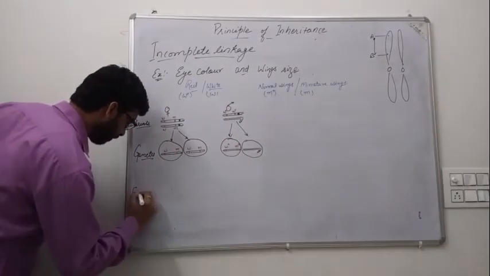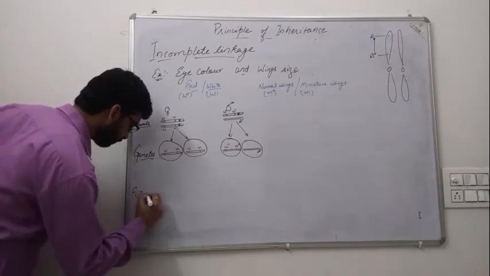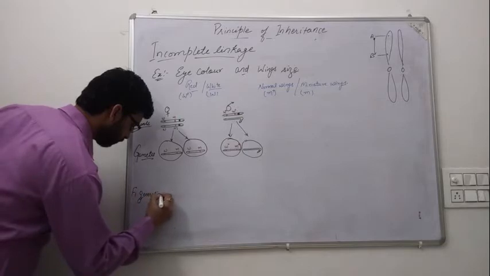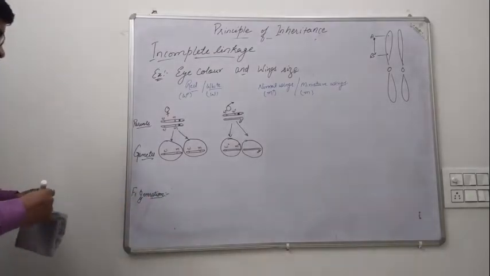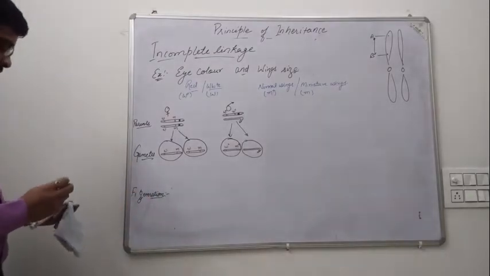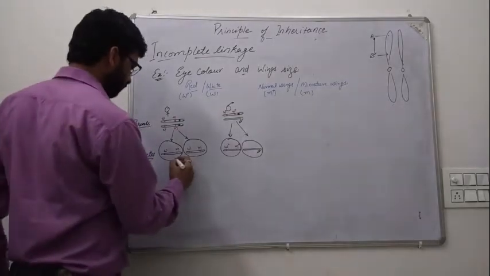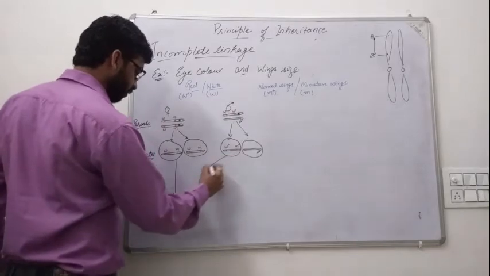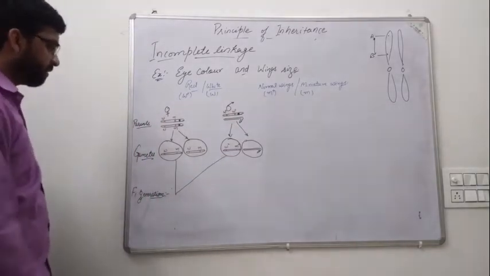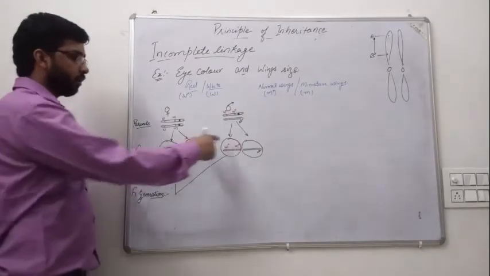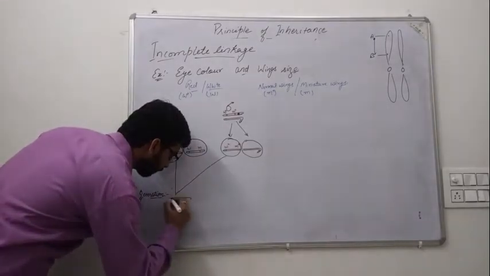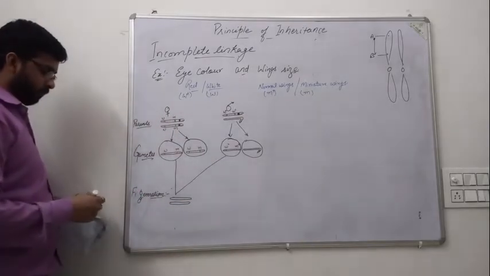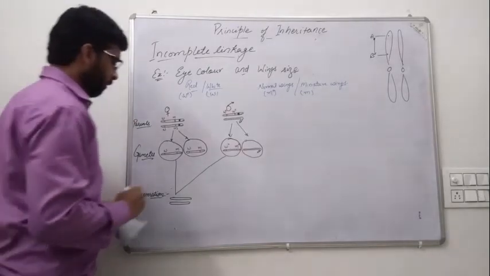Now the F1 generation. The F1 generation is this one crossed with this, meaning the egg with the recessive character crossed with the sperm with the dominant character. And here